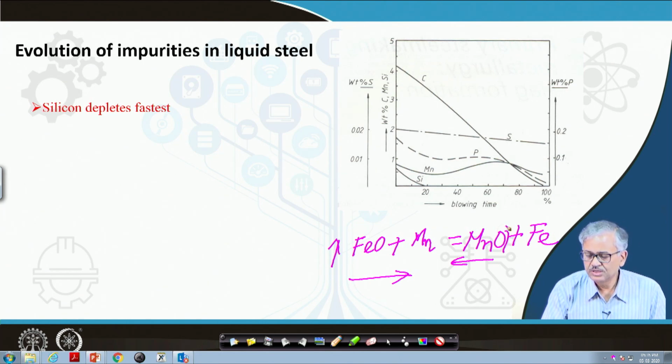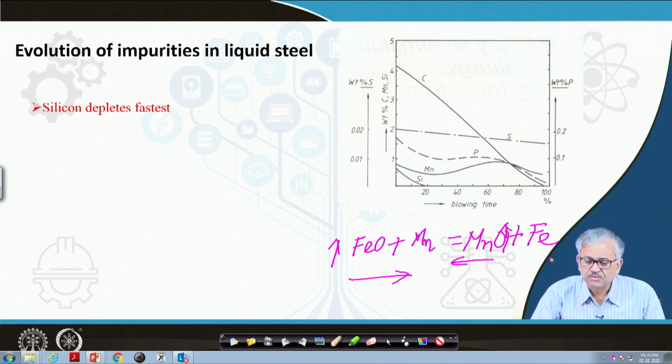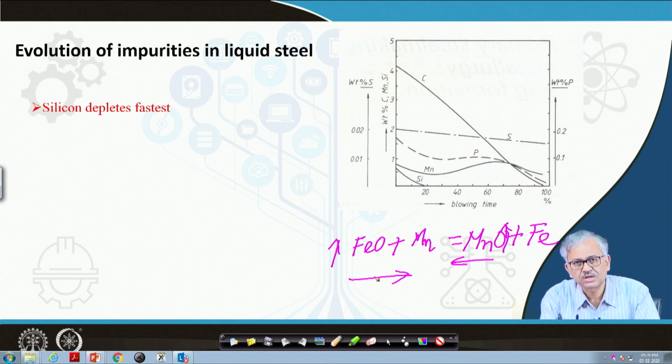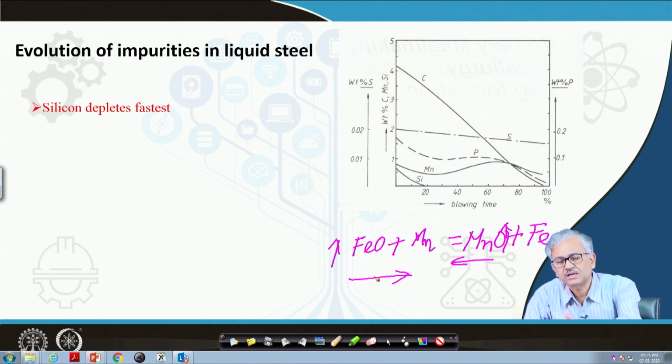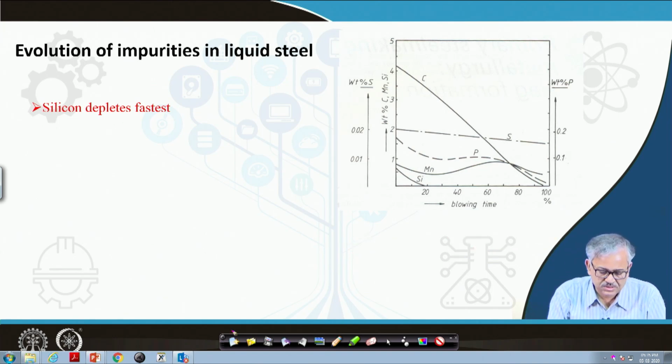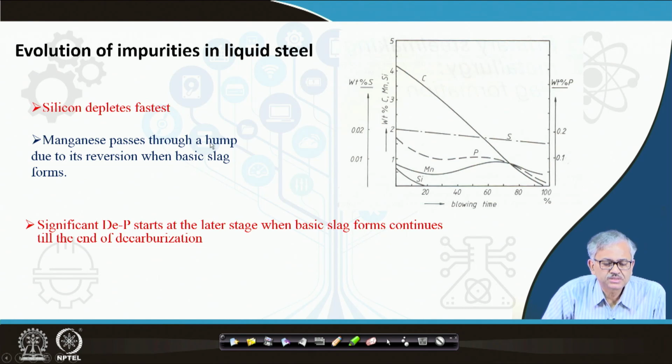So, if you increase the MnO, the activity of MnO increases, then this reaction moves in this direction, right. So, the reversion. But at the latter stage when the FeO again increases, then again this reaction moves in the forward direction. So, under basic slag condition it moves in the backward direction, and at the latter stage when the FeO in the slag increases, it moves again in the forward direction. So, that happens. That was how the manganese passes through a hump due to its reversion, okay, when